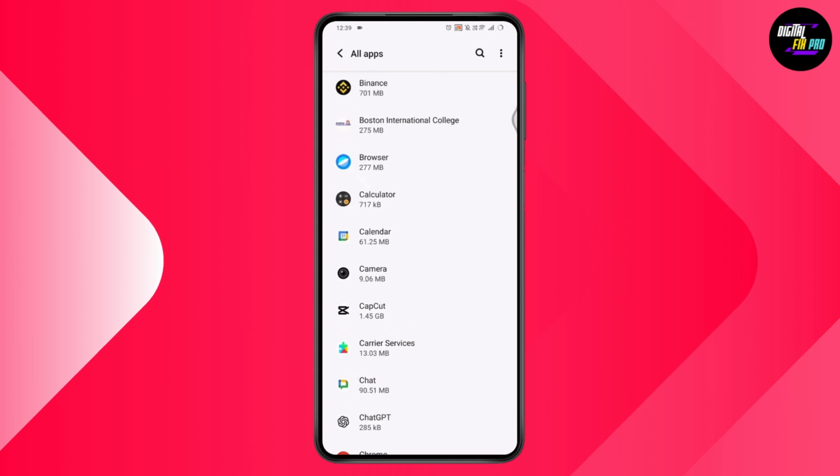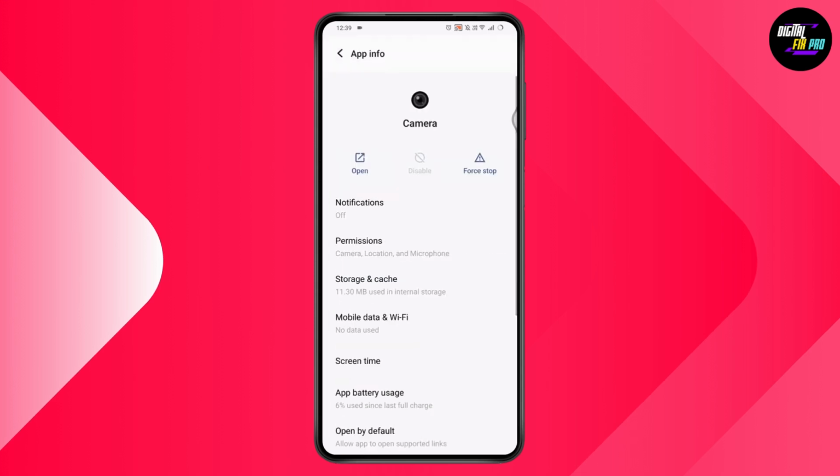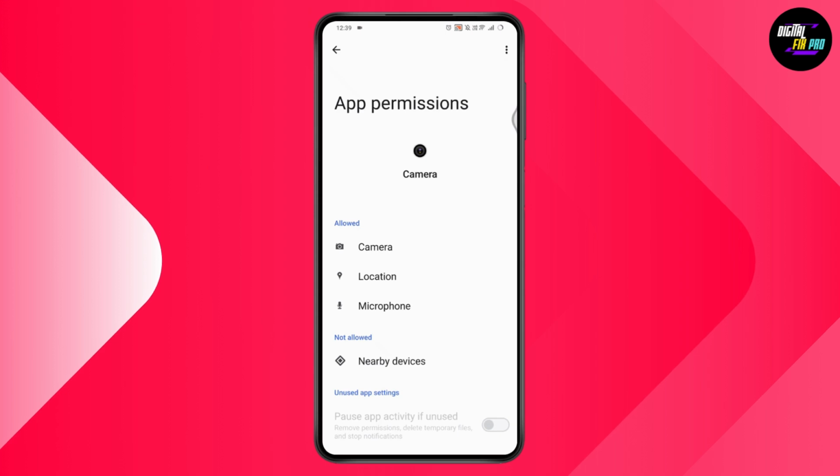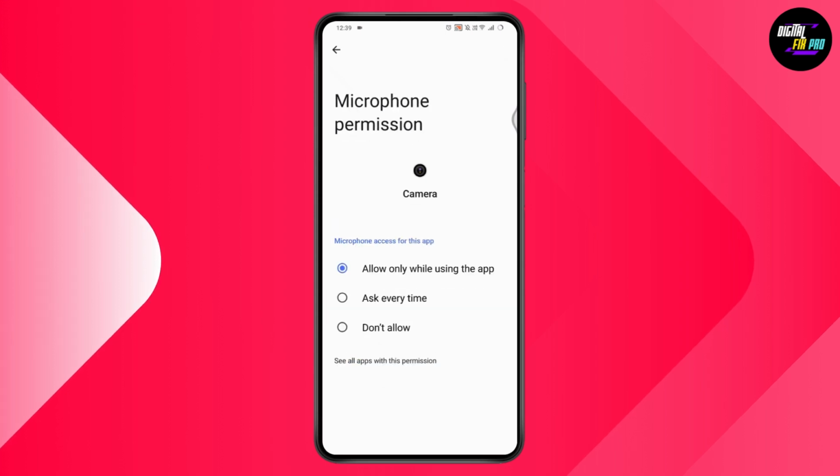But in my case, I'll be choosing an example of camera. So if this is PUBG, then you can simply tap and open it, and then you need to go with the permissions option. Once you go with the permissions, here you will have the microphone option, right? So if you've tapped on don't allow, or if you have turned off your microphone option, then you just need